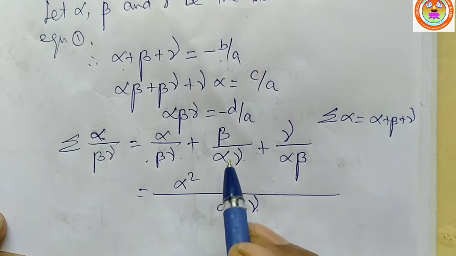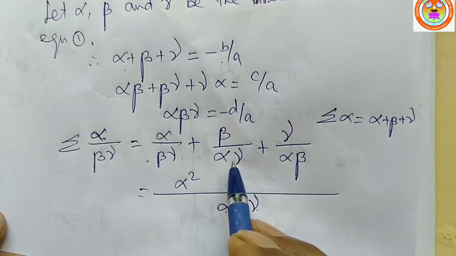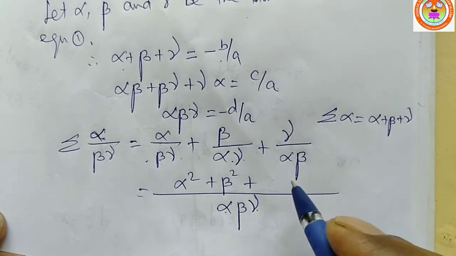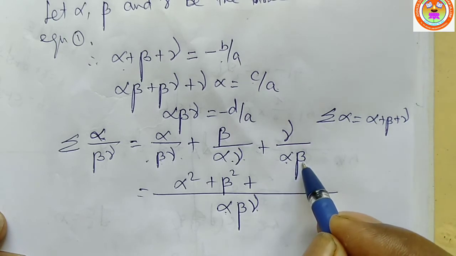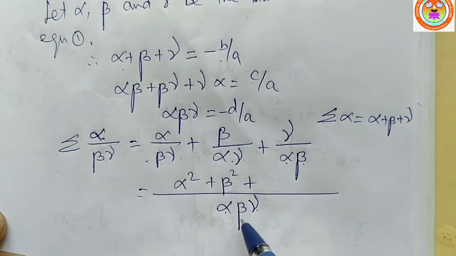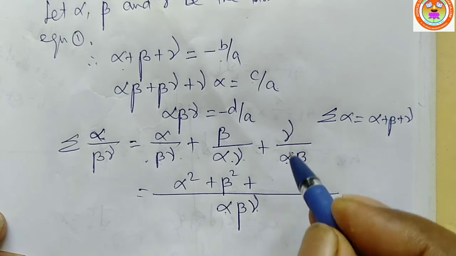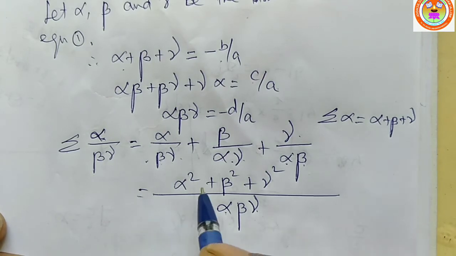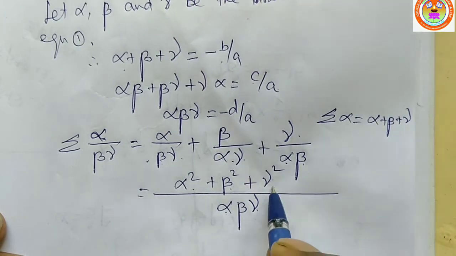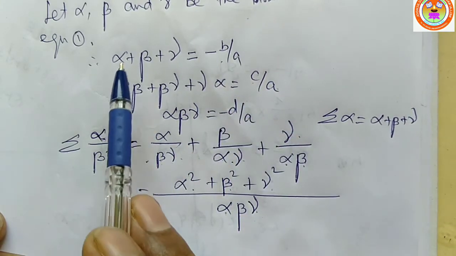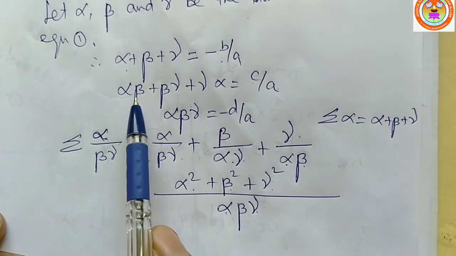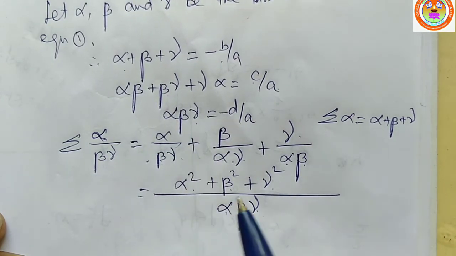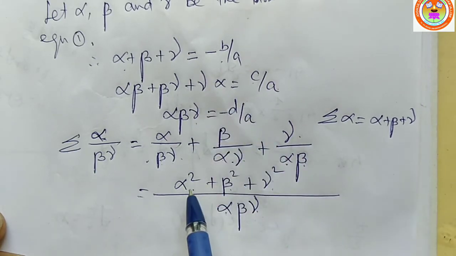Similarly, the second term, see here beta is missing. So we have to multiply beta with the numerator. Beta into beta is beta square. Plus, see here alpha and beta are there, but in the LCM we have alpha, beta, gamma. So gamma is missing. Multiply with the gamma. Gamma into gamma is gamma square. But we don't have alpha square plus beta square plus gamma square in these 3. We have alpha plus beta plus gamma, alpha beta, beta gamma, gamma alpha, as well as alpha beta gamma. So with the help of these 3, we can expand this one.